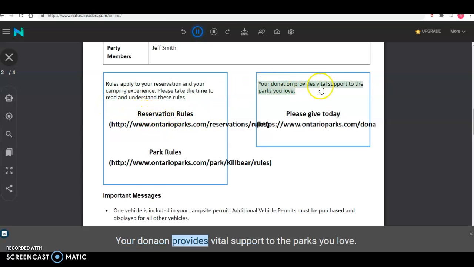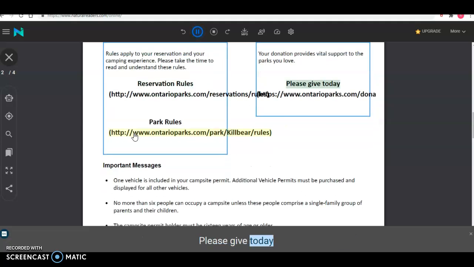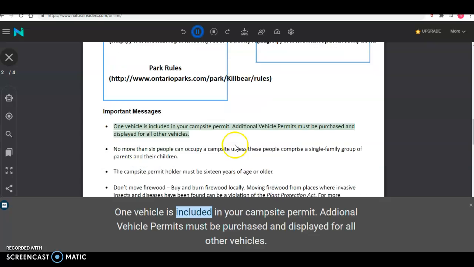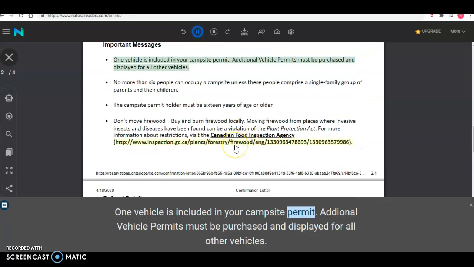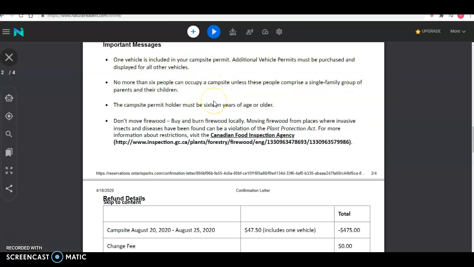Your donation provides vital support to the parks you love. Reserve rules. Please give today. Park rules. Important messages. One vehicle is included in your campsite permit. Additional vehicle permits must be purchased and displayed for all other vehicles. No more than 6 people can occupy a campsite unless these people